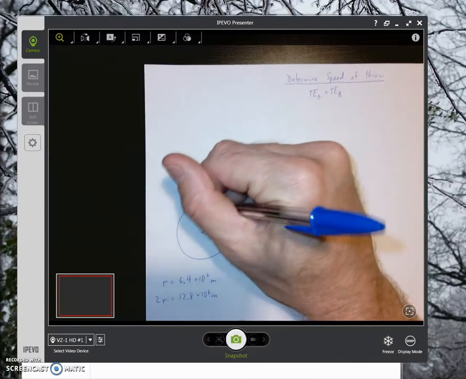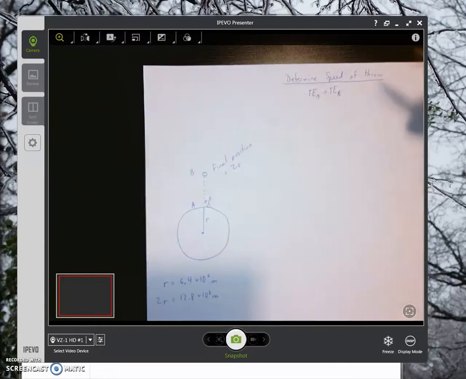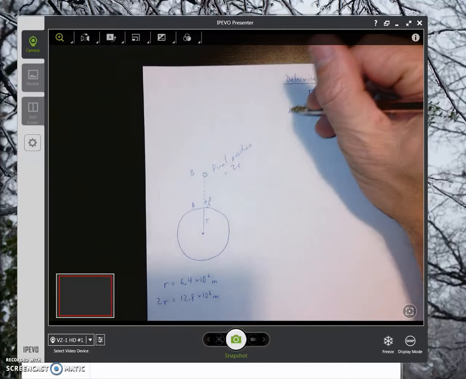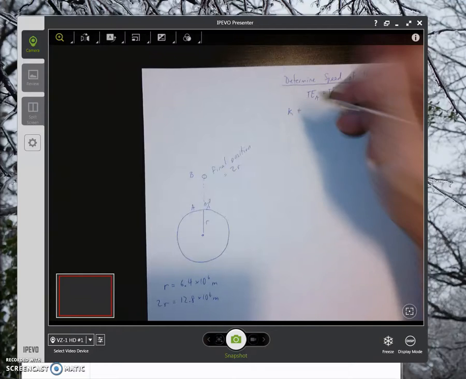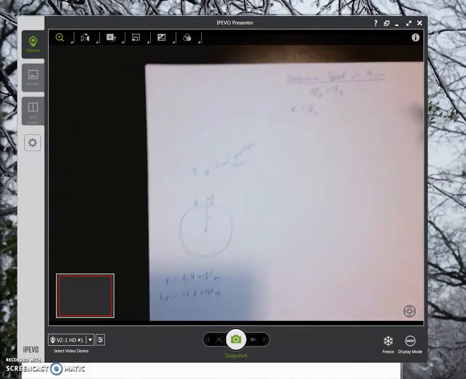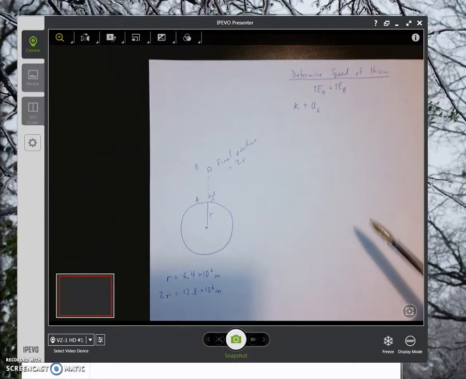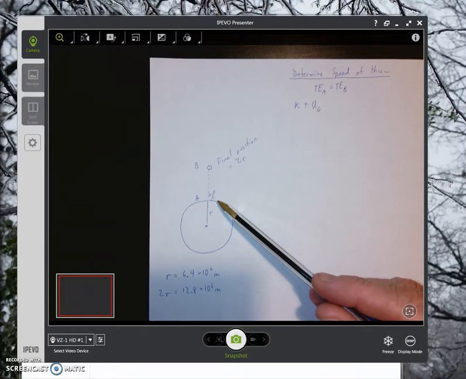Obviously, if this is going to be point A here and point B, point A is going to have kinetic energy. And this is where we have to be careful. We're dealing with heights that are significantly above the surface of the Earth. So mgh is just not going to work. The acceleration of gravity is going to be changing as we get that far away. So we need to use the universal gravitational energy, U with a capital G. And it does definitely have that energy at that point,